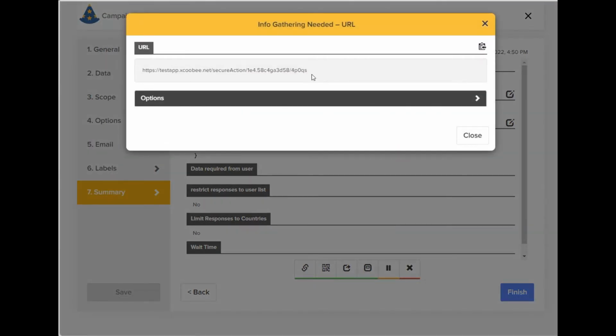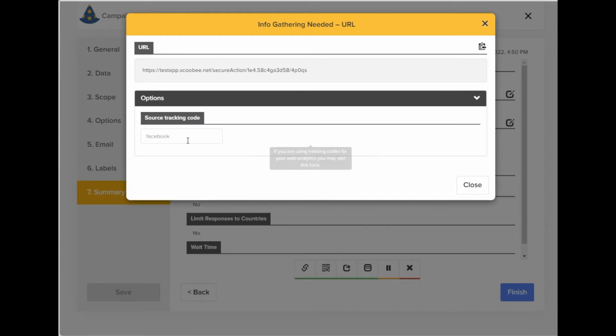As you see, the base URL is like this, and we're working with our test system, so it will look different on production. And we can also add source tracking. If you, for example, have a marketing type of element here, we could say